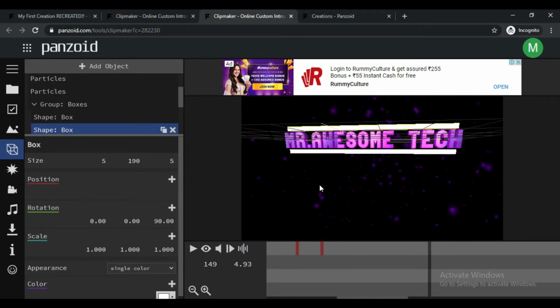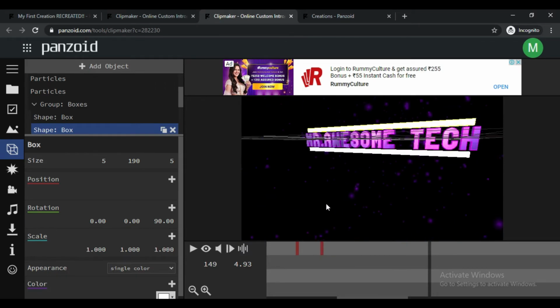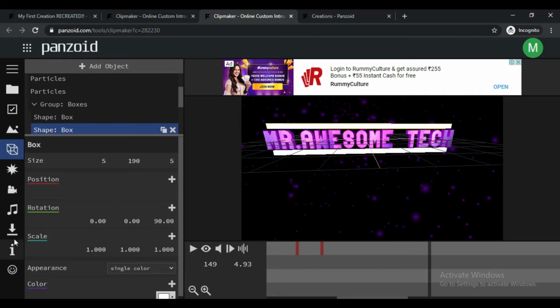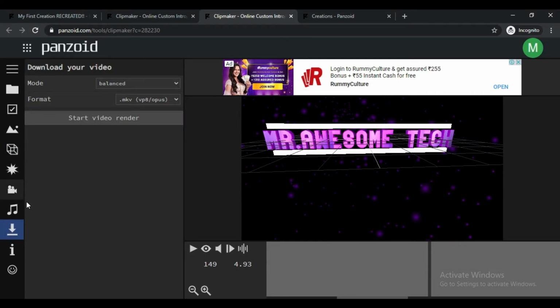After you customize it however you want it to look, go to the download icon over there and choose whatever quality you want, depending on your internet. If you want a nice quality one, just click on extreme and then start video render.